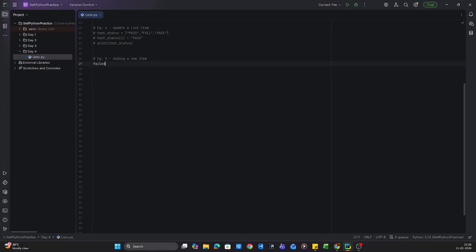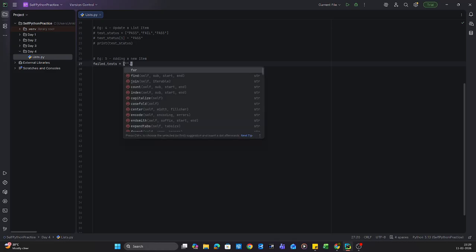Let's say we have a variable named as failed tests. So what this failed test will contain? All the failed tests, failed test cases ID number. Okay,